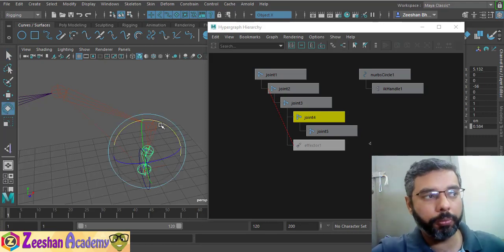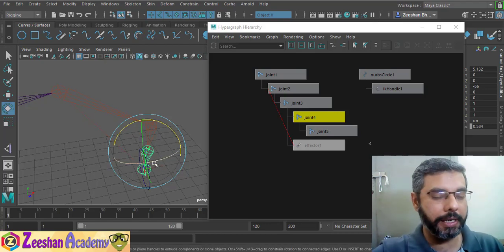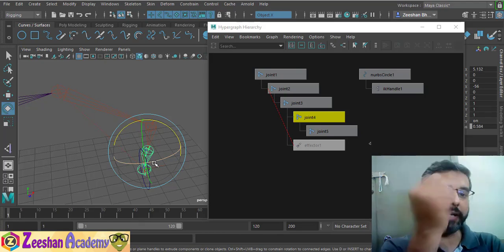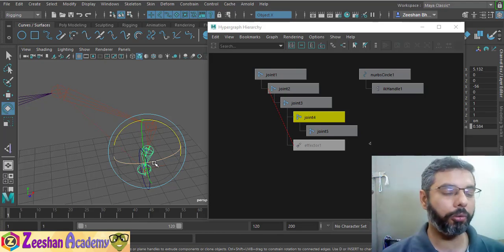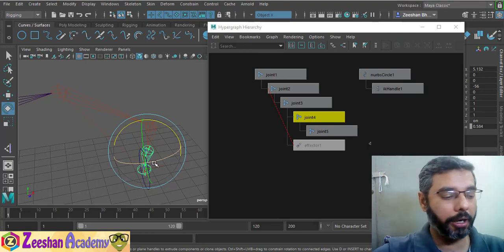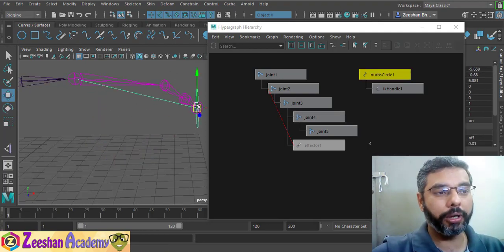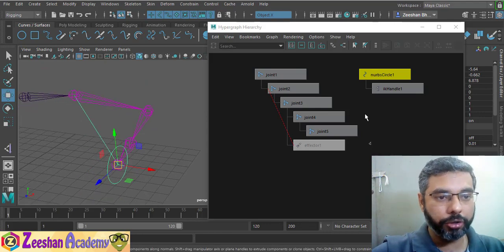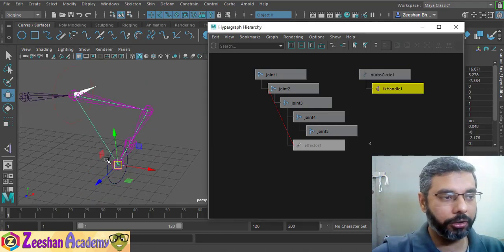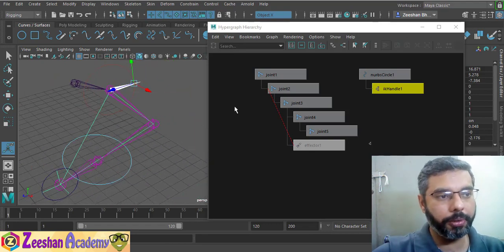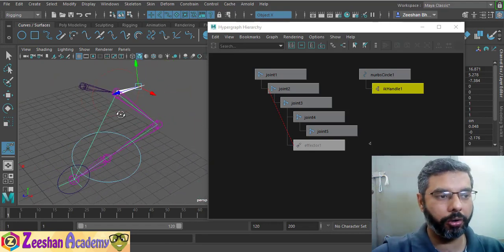So I can set up a property that allows me to control my forearm very easily. I can have a parameter, for example, a custom attribute, that would control the rotation of the forearm and allow me to control my variables very quickly. Obviously, because we have created an RP solver, if I click on the IK handle, press T, you would notice that we have an IK RP solver available. We can create an elbow control and whatnot with that.